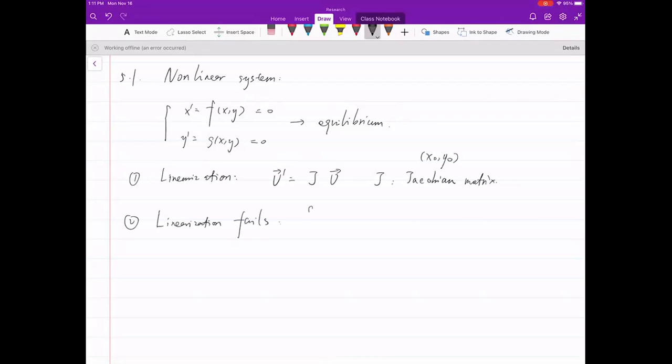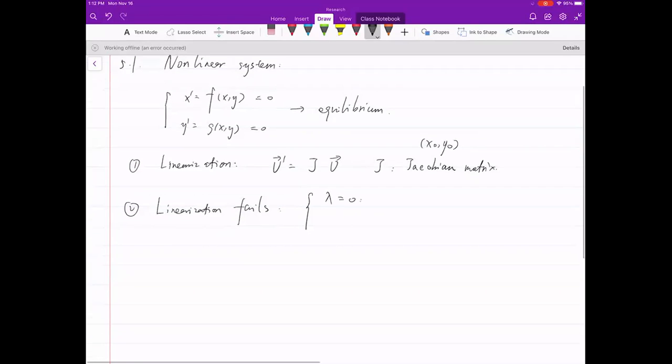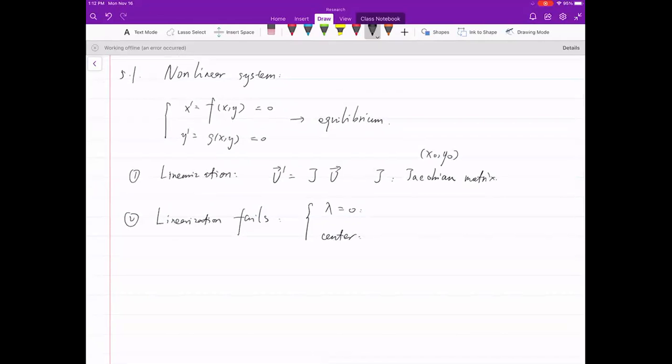We only have two cases. That's when you have a linear system and you have a nonlinear system. Usually they're pretty similar to each other near the equilibrium, but pretty similar doesn't mean that they're the same. If you really want them to have the same behavior, you better make sure that a small disturbance, a small difference, won't change the behavior when you change from nonlinear to linear. And then we find there are two fragile systems. The first one is when lambda equals 0. The second one is when you have a center, where the real part of a plus bi is just 0 plus bi, which gives you a very fragile